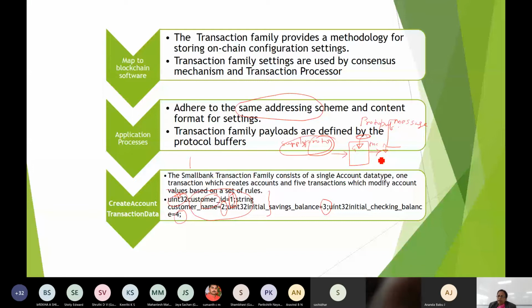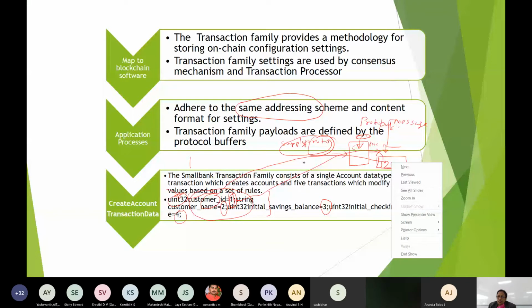Okay, so suppose if it is the first part, it will show it is referring to the customer ID. Okay, and suppose the second part, it is showing that it is of this int here. Then followed by, suppose here it is showing the name of the customer is Anand. The name of the customer is Anand, A-N-A-N-D.